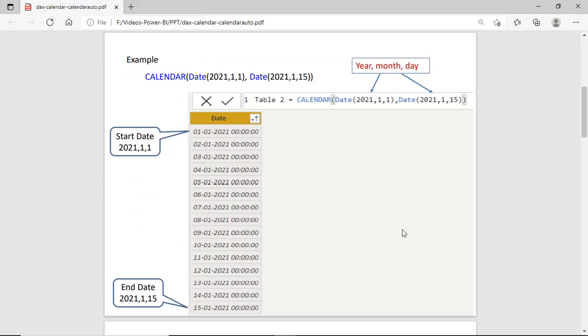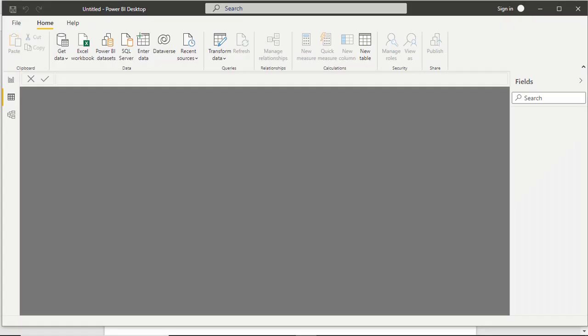So in the example, we supplied two parameters: 2021, month is first, then date also first. In the second parameter, year is the same, month is the same, first, but the date is the 15. If you execute this one, then we get this result, because CALENDAR generates the range from start to end date in a contiguous set. So start date is 1/1/21 and the last one is 15/1/21. And this is the format: year, month and date, and we are converting this text into date using the DATE function. Now we will check CALENDAR in the practical.